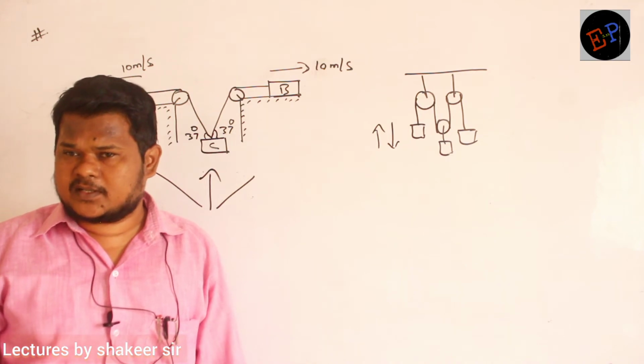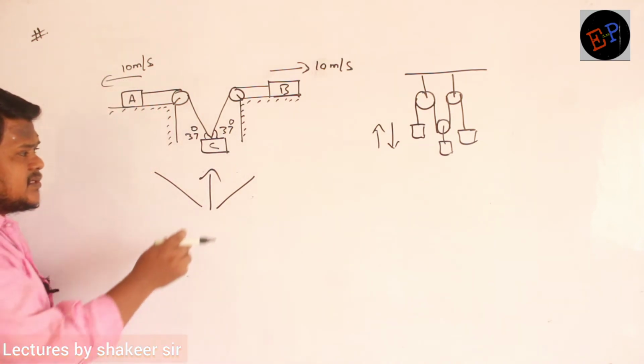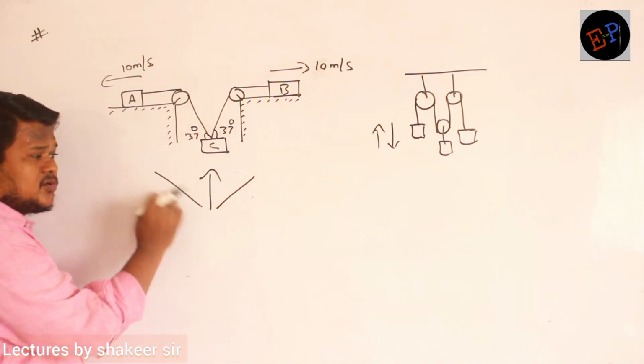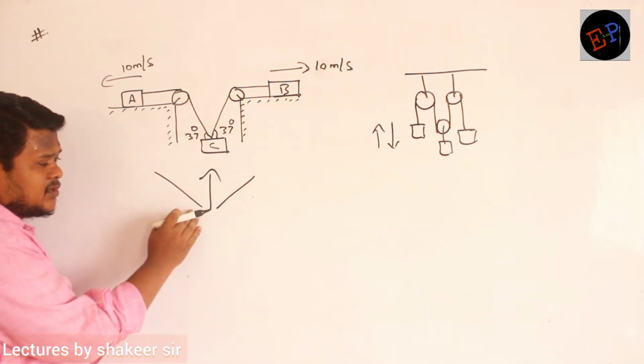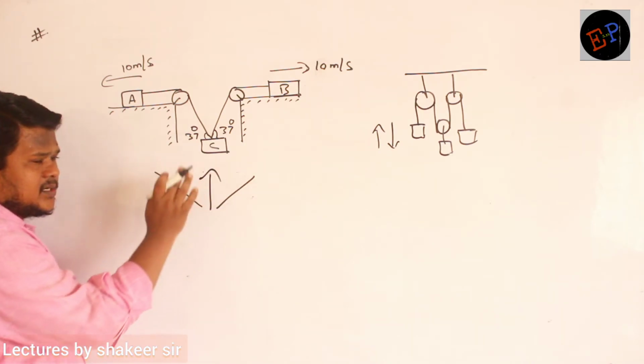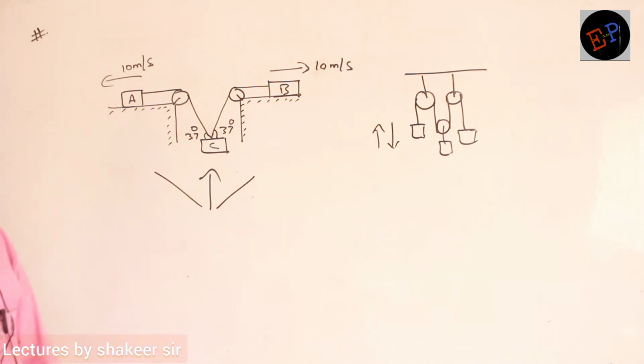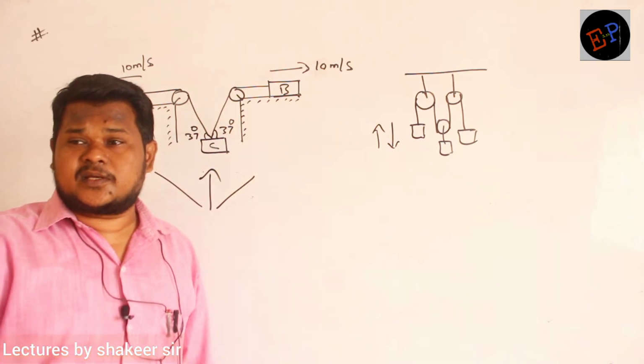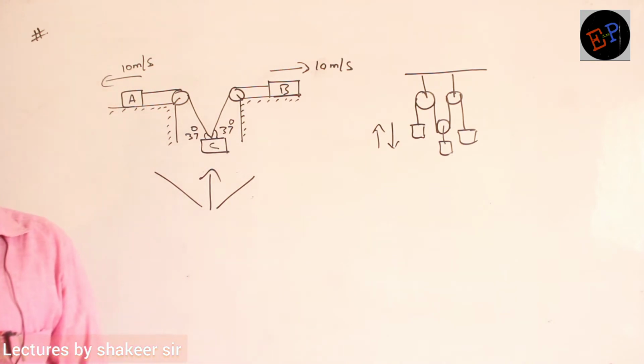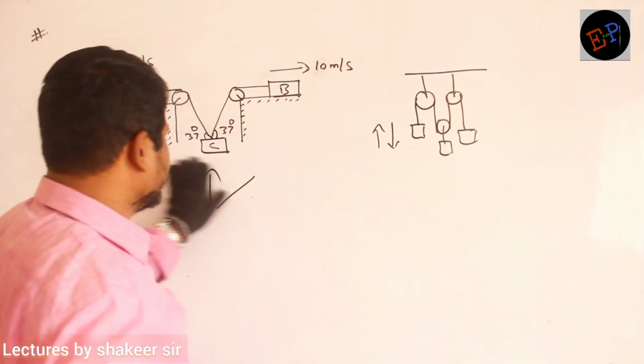Aa velocities e kada manaku kavalsindi. Clear na? So split this velocity of block C into two components such that one component is present on one rope, and similarly you split such that one component is present on the second rope also. Take those velocities and then you apply the point method. Are you able to understand? Let us see how we can proceed in this problem.